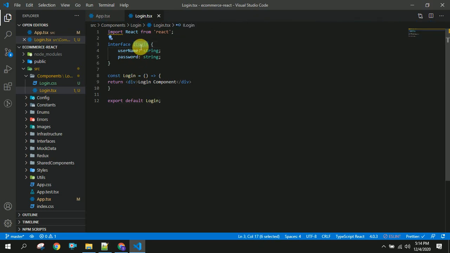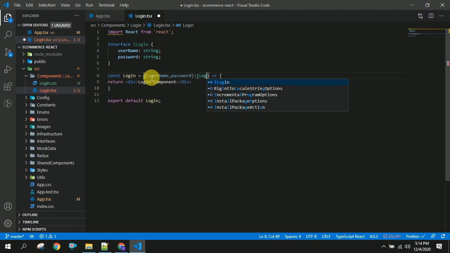Once this is done, you have to send this username and password as parameters of type, and I am going to use the login interface here.